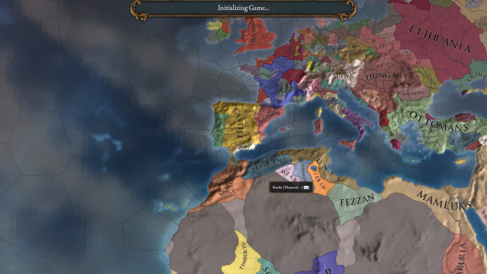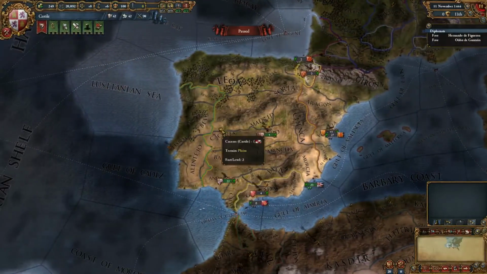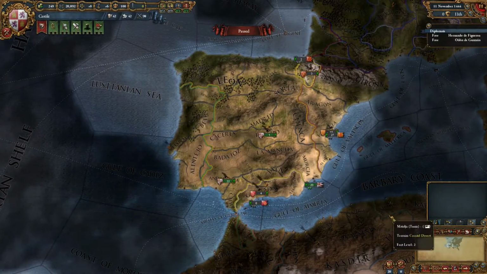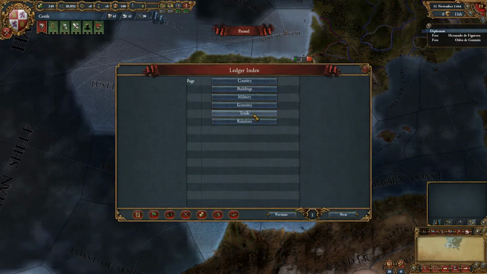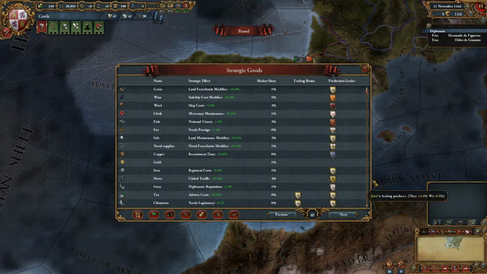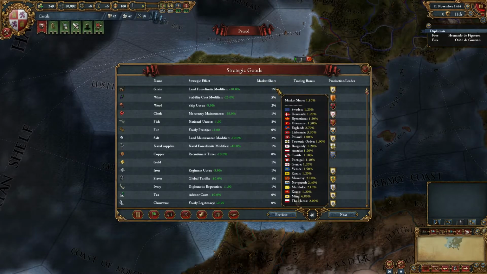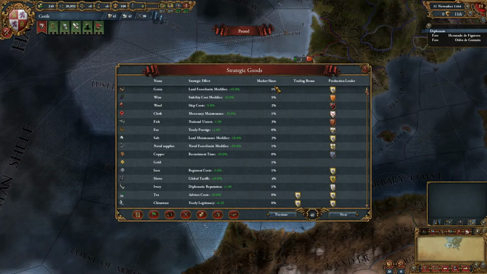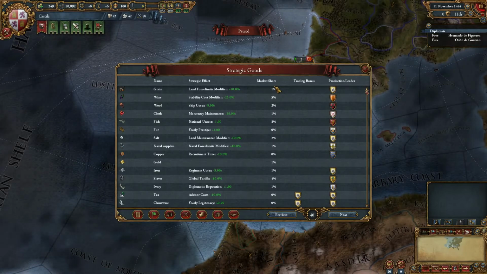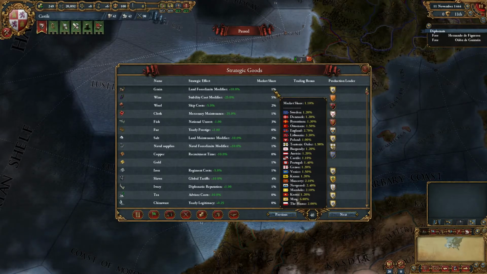Now we need to talk a little bit before we start here. First of all, what does it mean to be a leader in trade goods? Well, you go to the ledger here and go to the trade tab and pick strategic goods. In this tab here, you can see your market share. Once you reach 20% market share, you will become the trade leader, or rather you will become trading in these